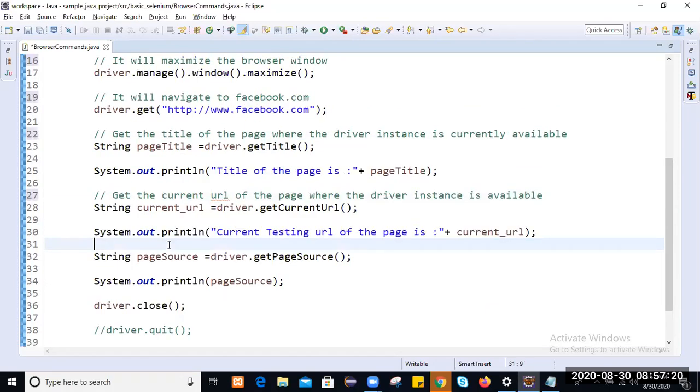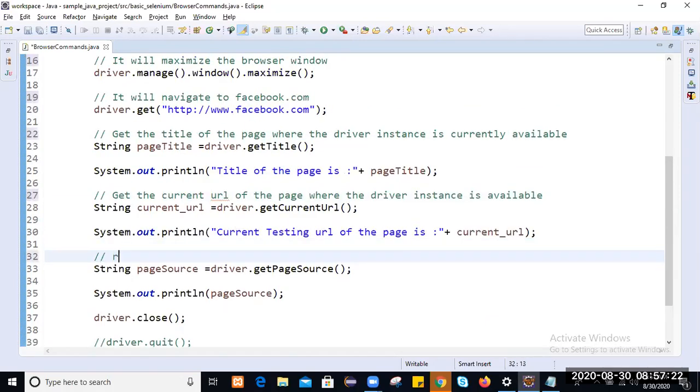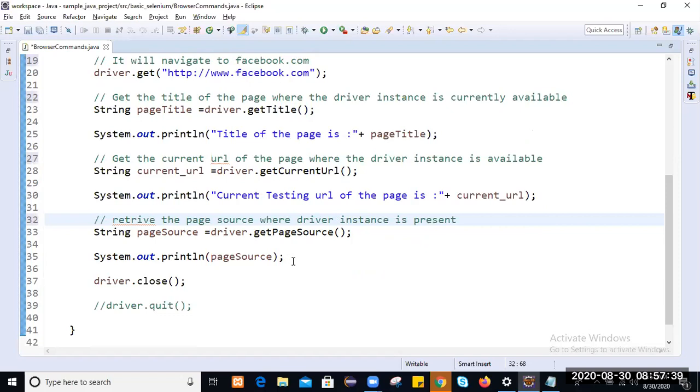Then after that, simply retrieve the page source where the driver instance is present, and we display the page source.